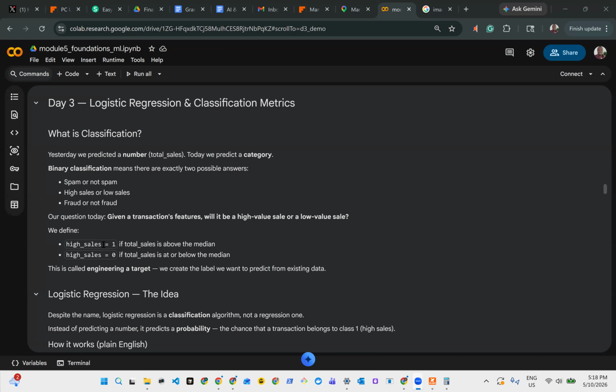The industry standard for a classification problem is logistic regression. This is a bit different from linear regression, which is normally used for predicting numeric values. For classification problems, we use logistic regression. Although the name looks the same as linear regression, when you hear logistic regression, just know this is a classification algorithm and it's not a regression one.